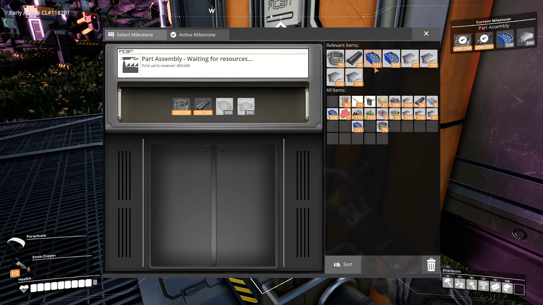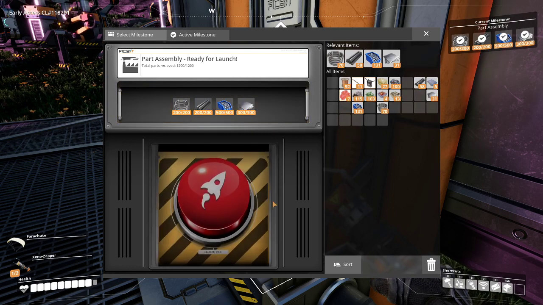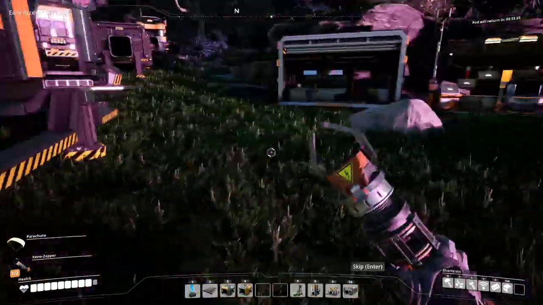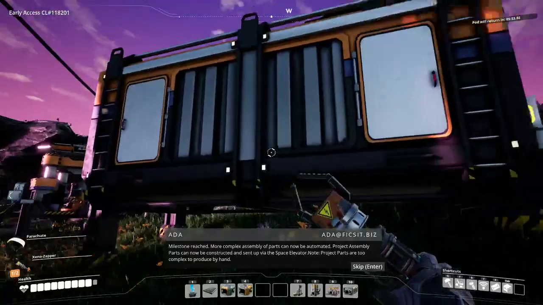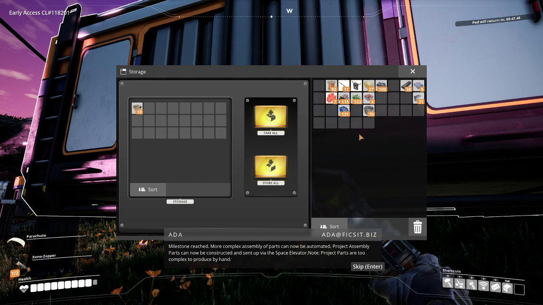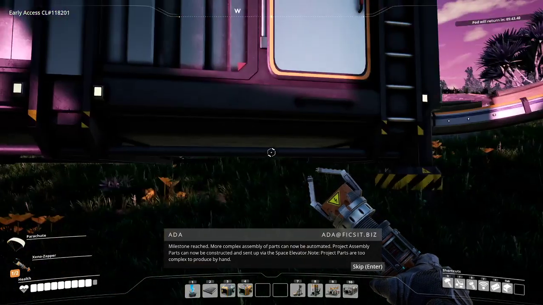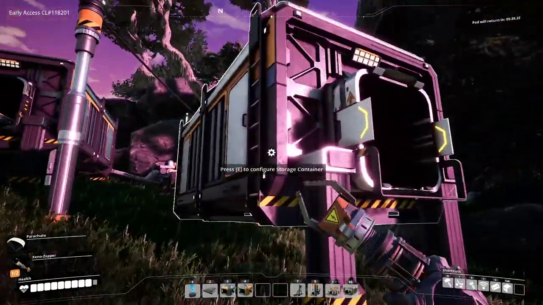Okay, we grabbed one of the odd piles. Milestone reached. More complex assembly of parts can now be automated. Project assembly parts can now be constructed and sent up via the space elevator. Well, the wood went fast. Note: project parts are too complex to produce by hand. Alright,